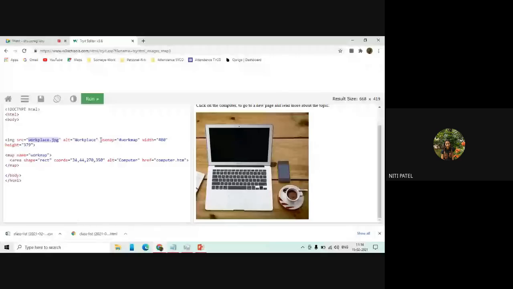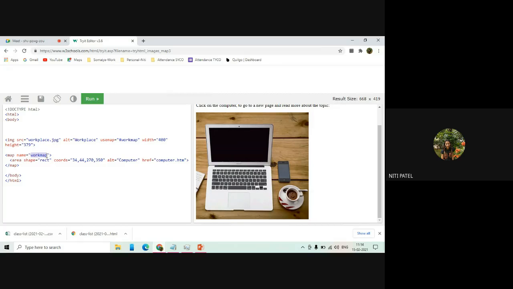यूज मैप कैसे यूज करना है, हमेशा आई हैव टू मेक यूज ऑफ अ हैशटैग फॉलोड बाय द नेम ऑफ अ इमेज. ओके, और एनी नेम विच एवर नेम यू वांट. सो आई हैव हैशटैग एंड केप्ट द नेम एज वर्क मैप. ठीक है, विड्थ एंड हाइट इज व्हाट, द विड्थ एंड द हाइट ऑफ अ इमेज, ये पूरे इमेज का विड्थ और हाइट है. अभी मैप नेम क्या होगा, मैप नेम शुड बी सेम एज दैट ऑफ द यूज मैप. सो इट इज वर्क मैप, इट इज वर्क मैप सेम.